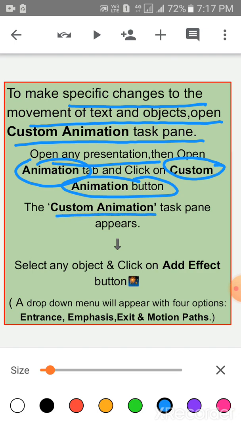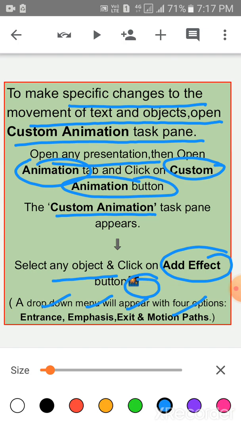After that select any object and click on the add effect button. A drop down menu will appear with options: entrance, emphasis, exit and motion path. You have to take the effect from these options.